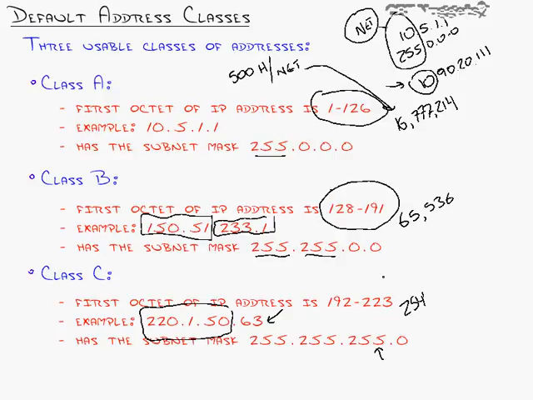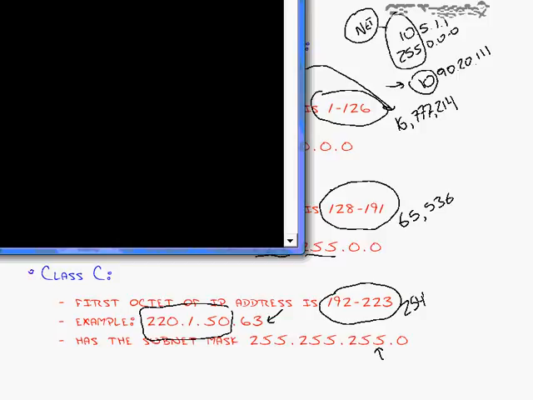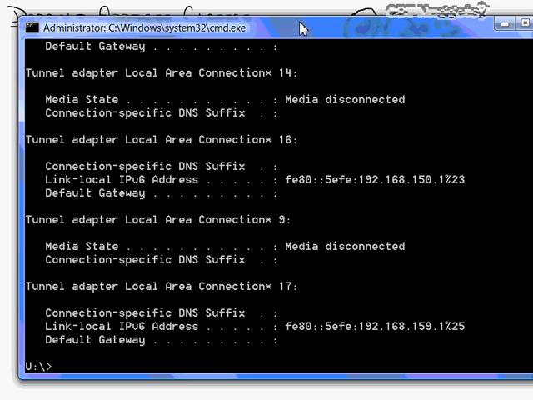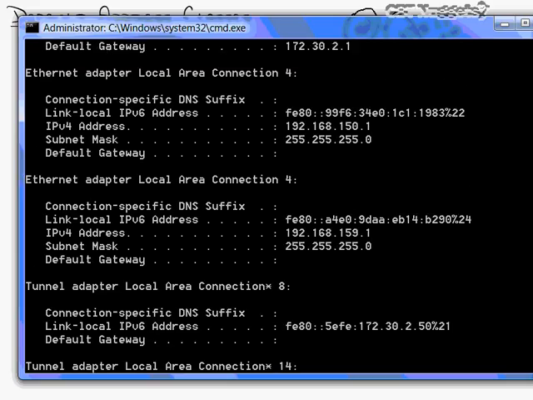I'm circling them right now. If you just look at an IP address, you can tell what class it is by default. Meaning if you just go on your computer, try this. You're sitting on a computer right now listening to me, open up a command prompt and type in the command ipconfig. If you're using Windows Vista, you'll get a lot more stuff than you bargained for,